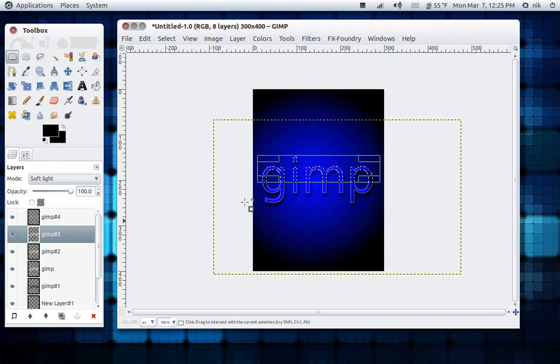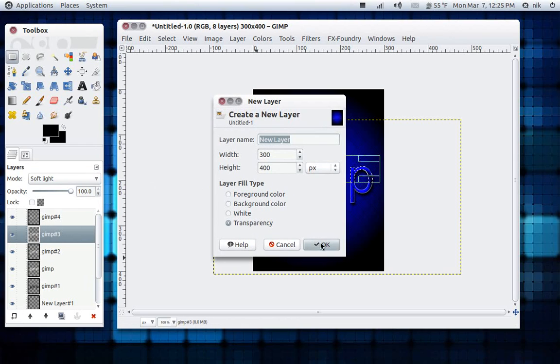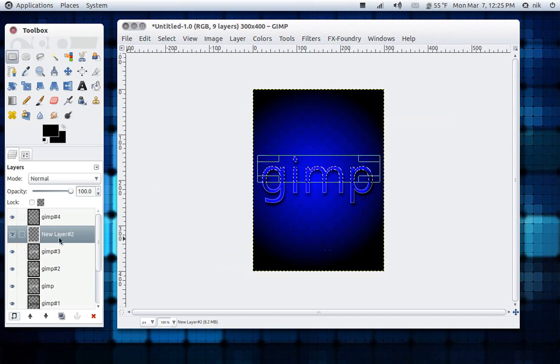And I almost forgot, you need to make a transparent layer for this, so make one more transparent layer. It'll be in between these two layers. So that's good. Alright, now select the white color,